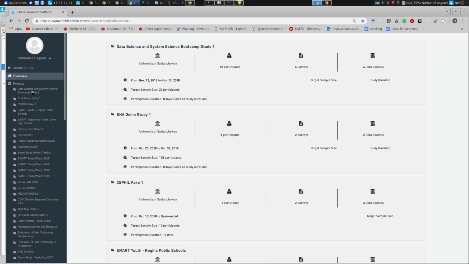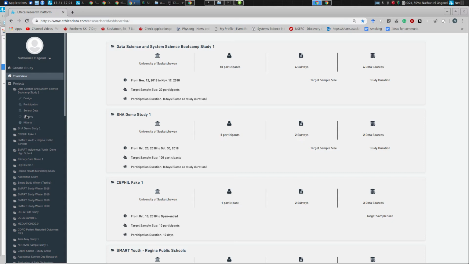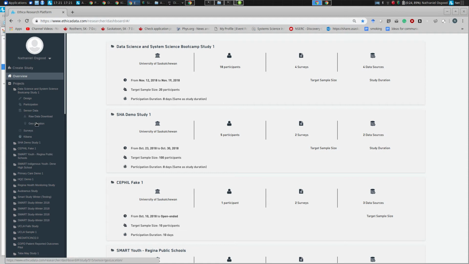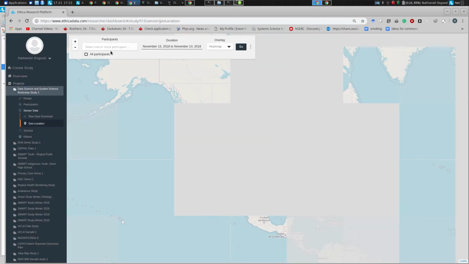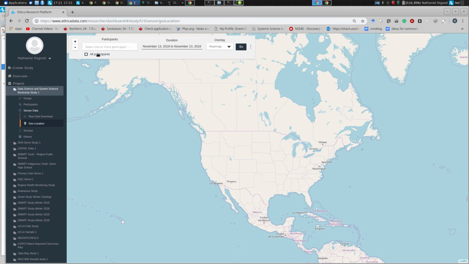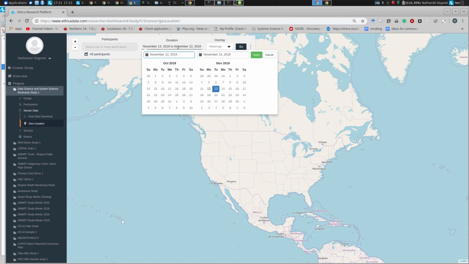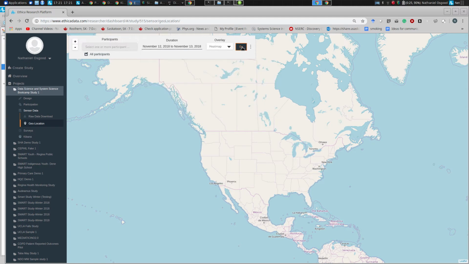Yesterday we were entrapped in this very room, and that prevented GPS signals from reaching us. Now, having been here for a day, people have moved around at night, and I'm going to view all participants. Today is the 13th. I will view it starting on the 12th and going to the 13th here. And we're going to view a heat map